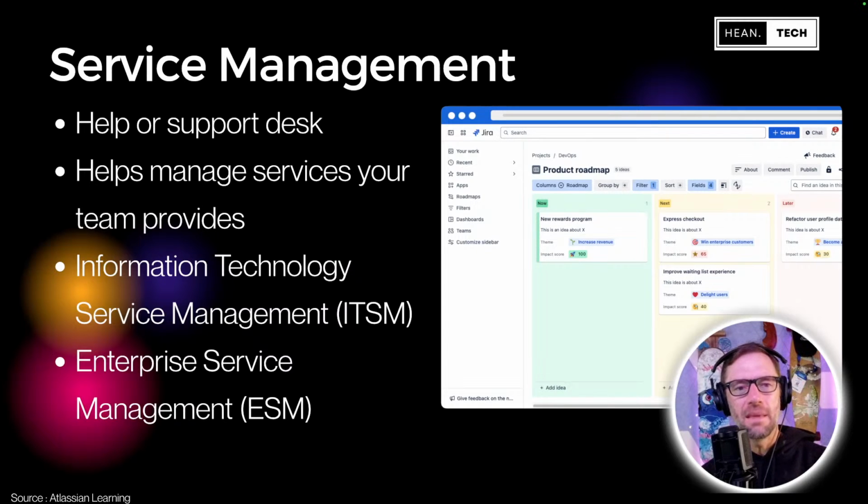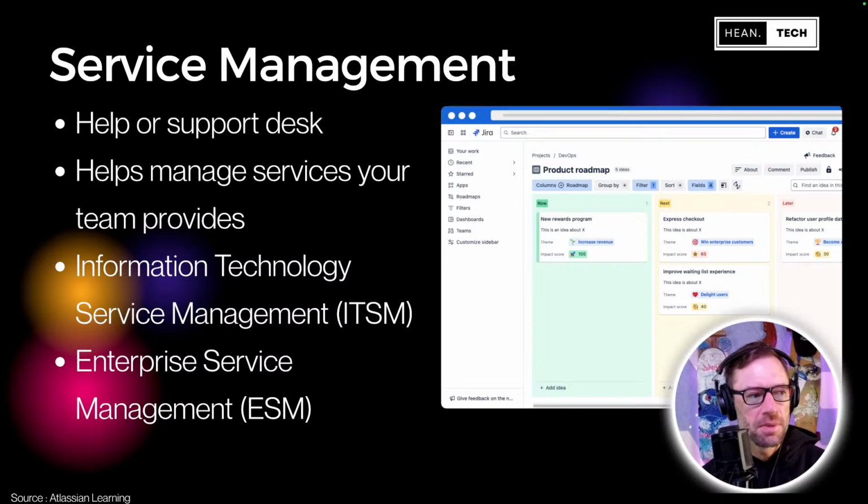And this is what many people, again, interact with when they talk or interact with Jira, some kind of service management. I can't log into my laptop. My badge broke. I have a question about a policy. I found a bug. These would all probably be something that goes into a service management tool. Now, most people just call it support desk or help desk. There are two major variants, though.